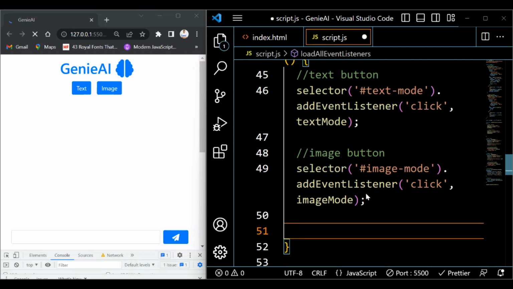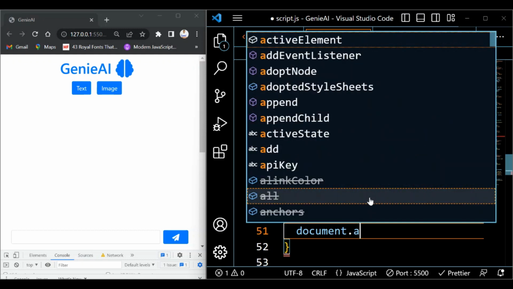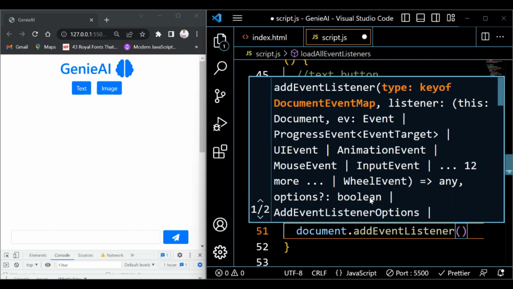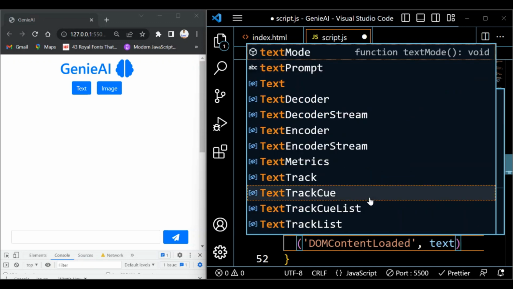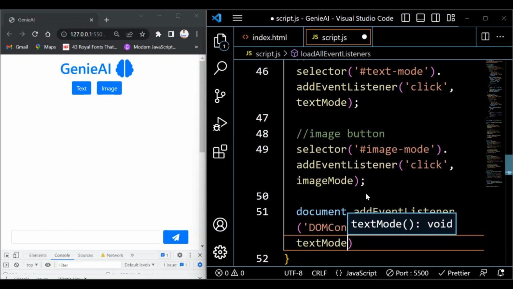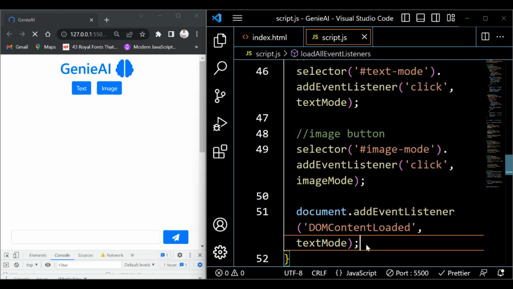Then I'm just going to put in the DOM content for the event. So I'm just going to say document.addEventListener, and we're going to listen for when our HTML loads into the DOM, and we are going to call text mode. So if I save,